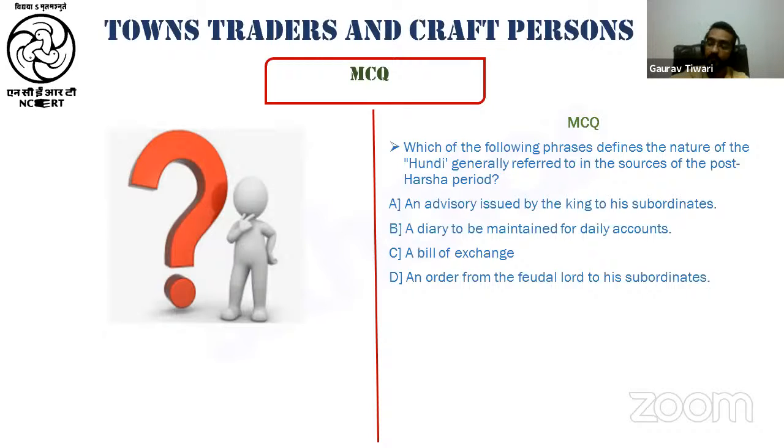So, as we have discussed in this lecture, hundis were bills of exchange. और ये मनी एक्सचेंजर्स के पास जाके आप कुछ पैसा देते थे तो उसके रिटर्न में वो एक स्लिप दिया करते थे, and that slip was known as hundis. ये बिल ऑफ एक्सचेंज थे and they were famous worldwide, that is in Africa, in Egypt, in all places hundis were famous. So hundi was a bill of exchange, which makes C the correct option.